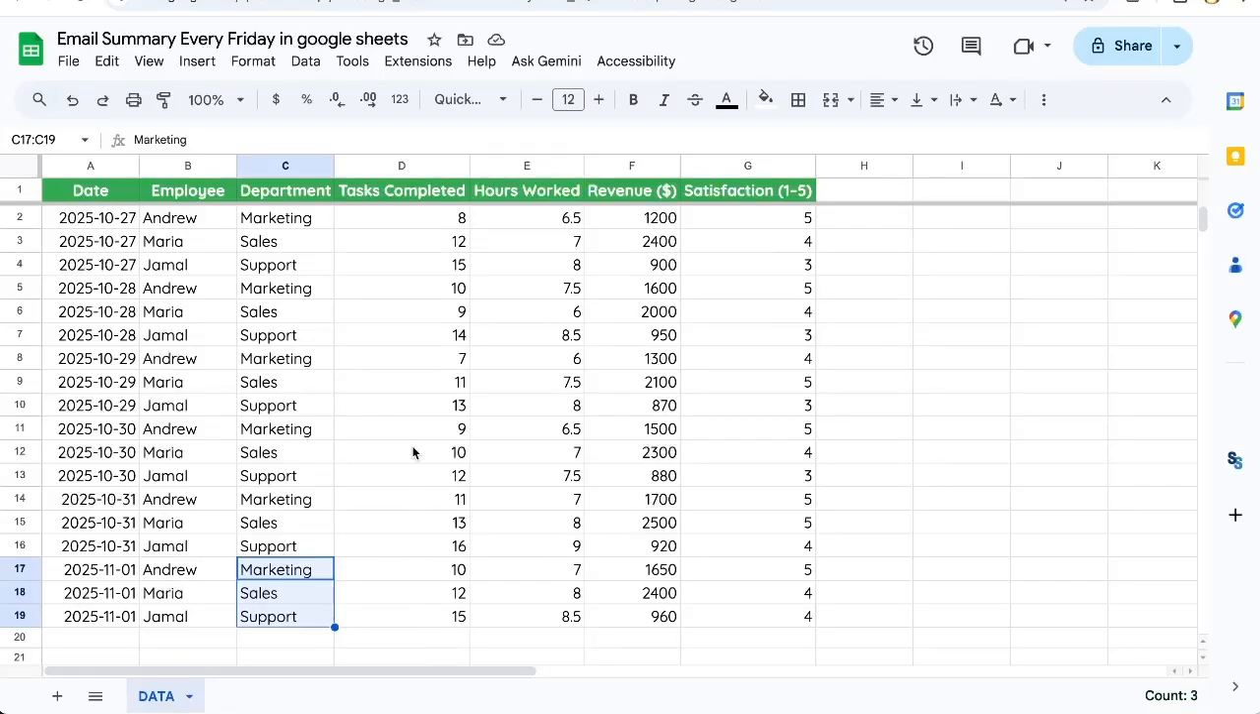So we're going to send an email summary every Friday from our Google Sheet, and it's going to include a few pieces of data. Now, I want to share with you a little trick right away that's going to make your life way better in Google Sheets. So basically, we have an employee, we have departments, tasks completed, hours worked, and we really want to know per department, for each department, each day, how many tasks were completed, how many hours were worked,